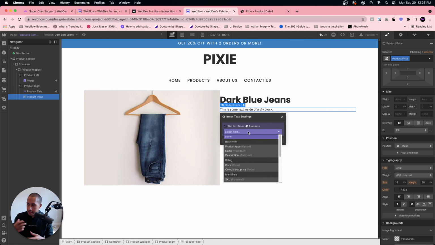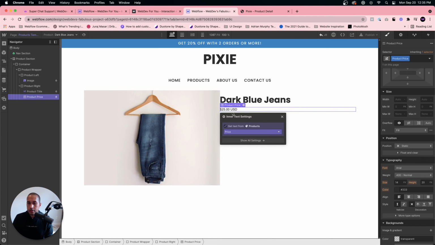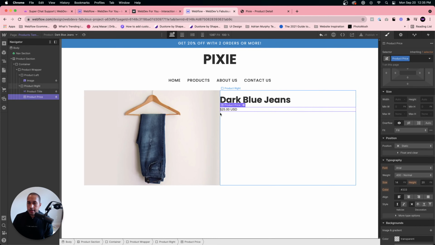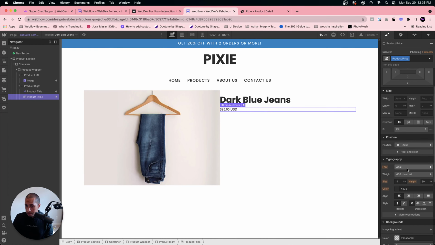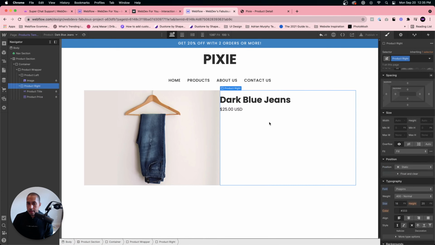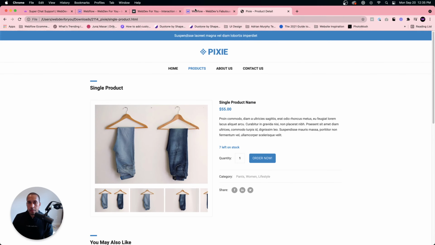And that's the power of using collections. You can just use collections and then reference them to get the information for your product page. All right, so Poppins, and let's make this a bit larger, something like that. I like that. That looks good. Then we have the text,